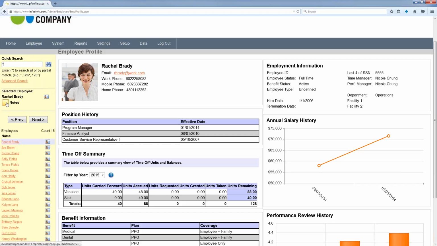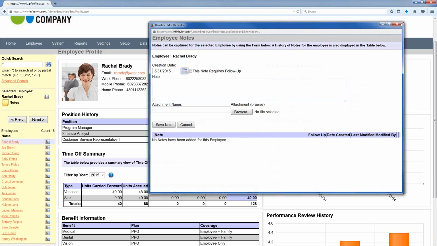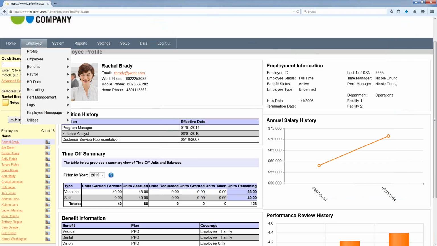I could provide an unlimited amount of notes against an employee file, commonly used here for disciplinary actions, maybe coaching notes, where we can also attach a document. But now that I'm selected on Rachel's employee file, any of the sections I navigate to under this employee dropdown will pull up her information. So her general employee data. The document section here is where any documents she loads in a workflow are saved,